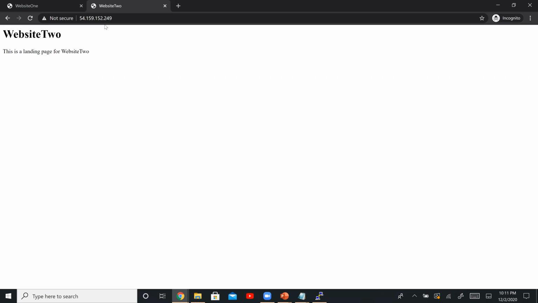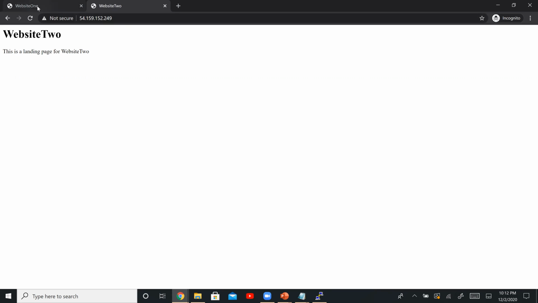It's going straight to the landing page, which is index.html. And you can now pretty much browse 2 websites that are hosted on the same Linux EC2 instance and have their own individual private IP as well as elastic IP address associated to them.